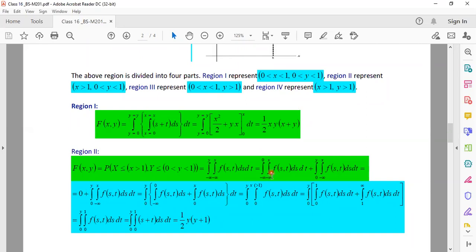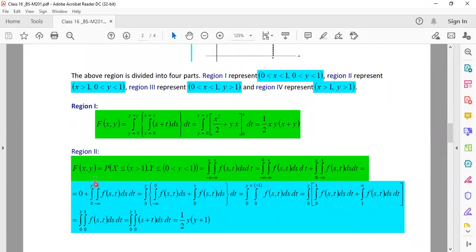Now, when I am considering the integral where y has been considered from minus infinity to 0, even if the x is valid, we cannot consider the integral function, because jointly, if they are falling in the range from 0 to 1 and 0 to 1, then it is okay. But if at least one is violating the property, is outside the range, their joint probability will not have that expression, and that will be 0. So since y is falling below 0, this limit is prohibited. It is in the elsewhere section, so that probability is coming out as 0. So we are left only with this expression.